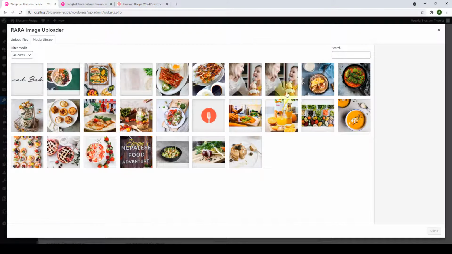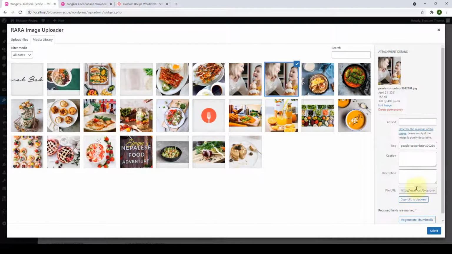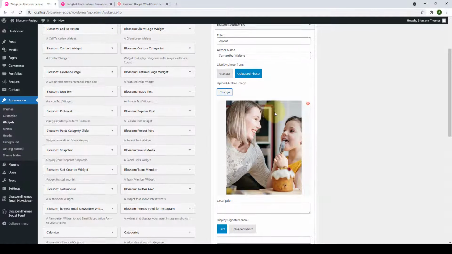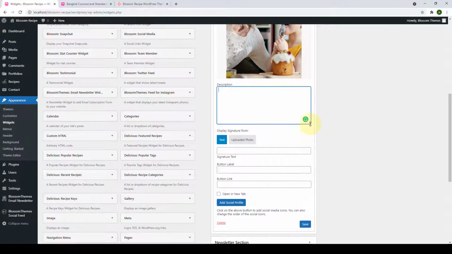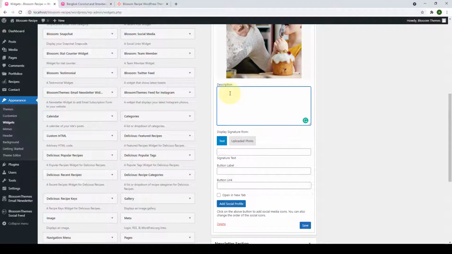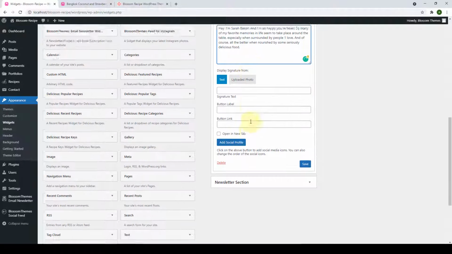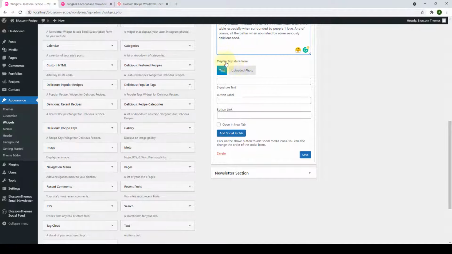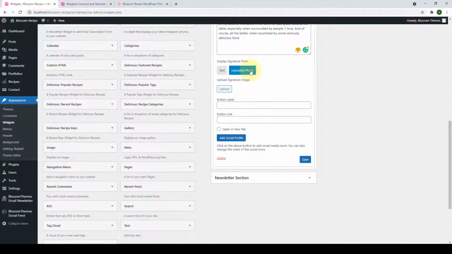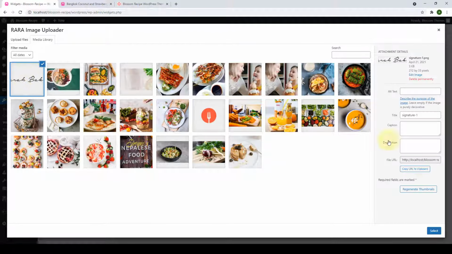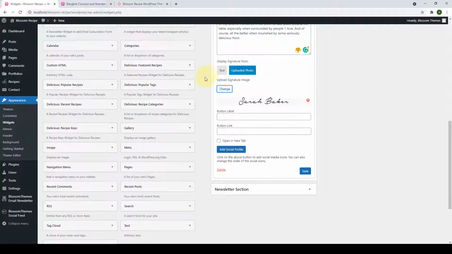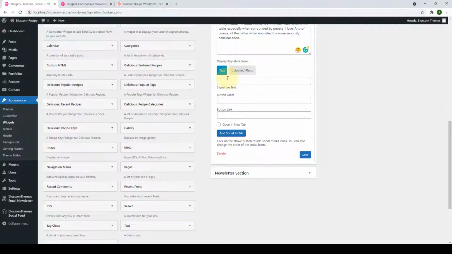Click on Upload. Select the photo of your choice. Click on Select. Add in the description here. You can stretch out the description box from here. Next, if you have the graphic of your signature, then you can click on Uploaded Photo. Click on Upload and select your signature. If you do not have the graphic of your signature yet, click on Text and just type out your signature